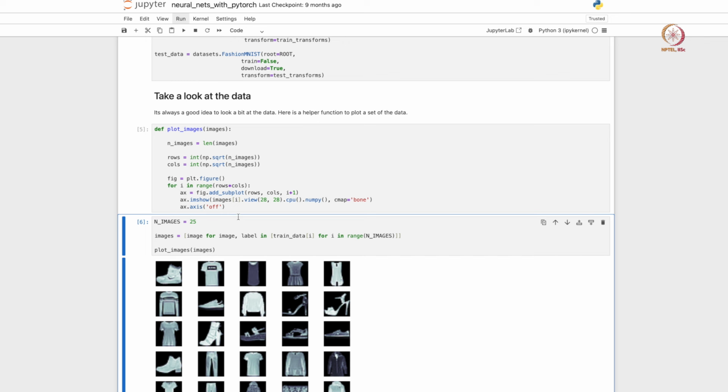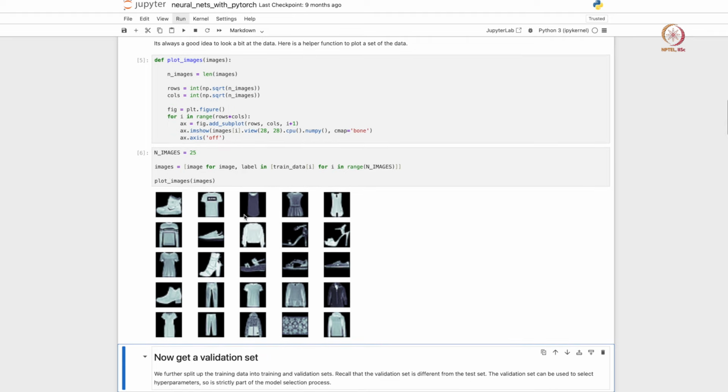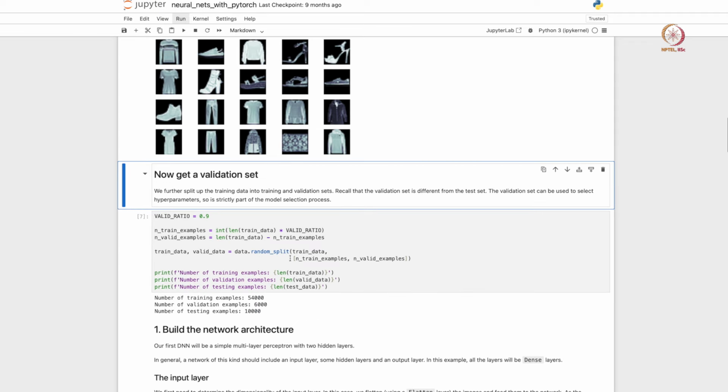So we will define a simple plot images function here that helps us plot all the images, and let's now plot them. We see that the figures look somewhat similar but also slightly different, right. In the sense that their values are actually flipped. So in our Keras data set, the background was white and the images themselves were grey or black. Here the background is black and the images are white or grey, right. But we have the same set of images. So we have shoes, we have coats, we have t-shirts, we have dresses and so on, right.